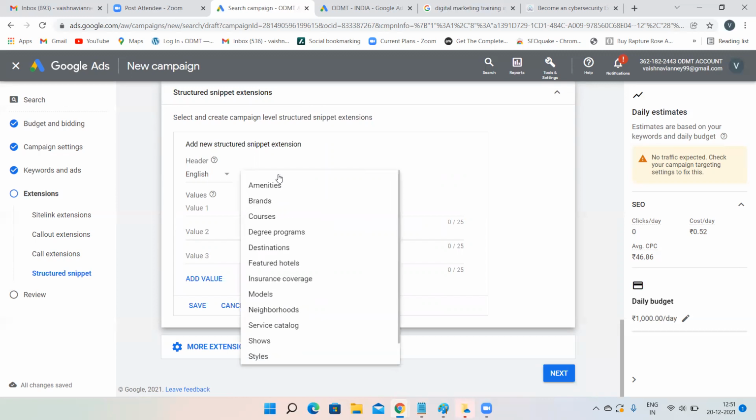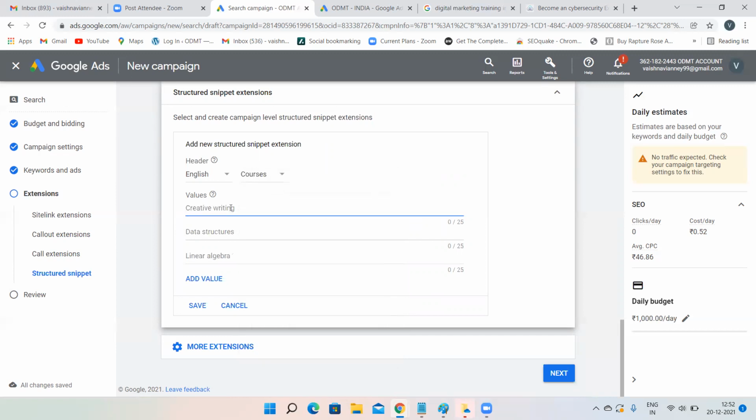Now we have to choose. Suppose you are providing some services, some XYZ services, so use courses. If somebody is into hotels, then we have to use featured hotels. If somebody is into some programs or insurance and everything, they can choose according to their wish. As of now, I'm choosing courses. Then what courses you are providing, you have to mention over here. This is just additional. This is also a description, but description with some structure in it. That is only known as